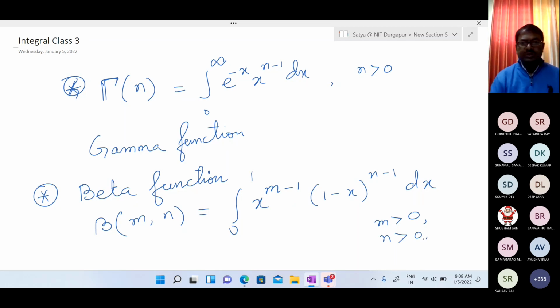These two definitions we should remember, and using them we are going to derive some properties of the gamma function and beta function. Some proofs are also given in the assignment. You try to